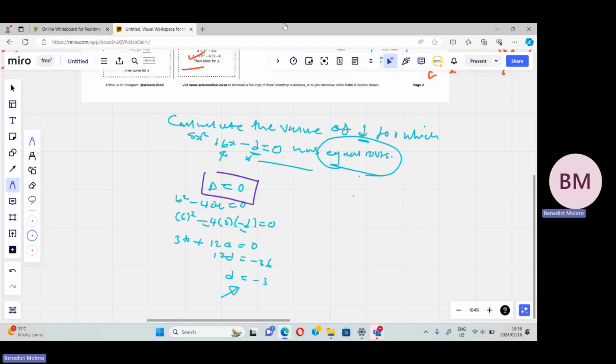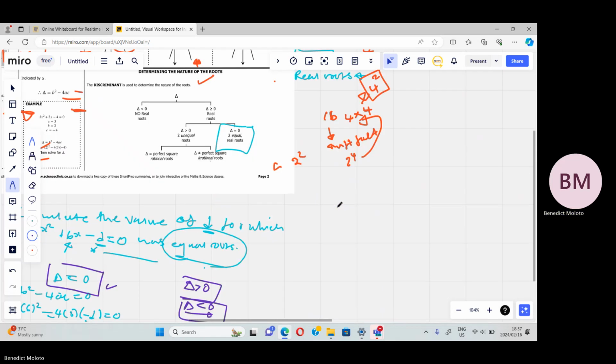Remember, if they tell you the kind of the roots, then from there you just have to use the nature of the roots. If they say the roots are real, use delta greater than or equal to 0. If the roots are non-real, use this and determine the value of k for which the roots are non-real, right? If the roots are equal, use this one. If the roots are real, use this one. If the roots are non-real, use this one. That is one of our examples, and I will give you more problems based on this to practice. Okay, let's take a look